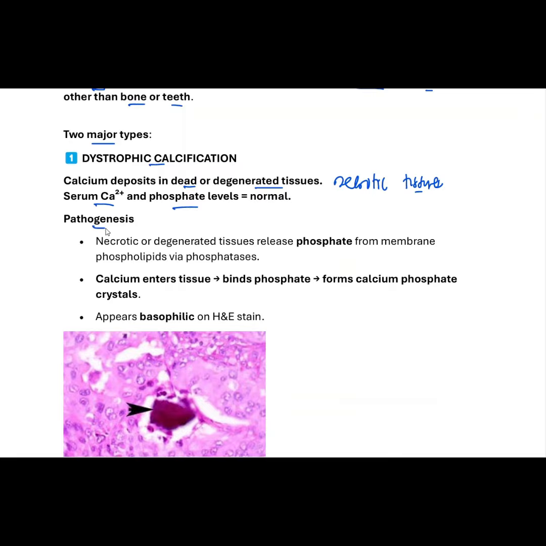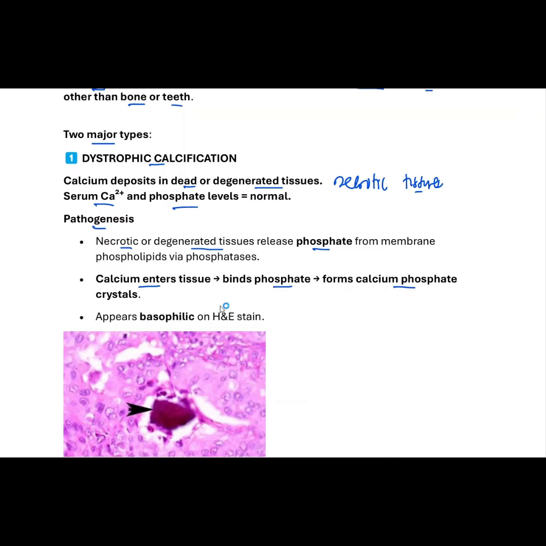So let's look at the pathogenesis of dystrophic calcification. We have necrotic or degenerated tissues, and this tissue releases phosphates from the membrane phospholipid via phosphatase. So that phosphatase releases phosphate from the cell membrane of those degenerating or necrotic cells. And now that gives opportunity for calcium to enter those tissues and bind to phosphates and then form calcium phosphate